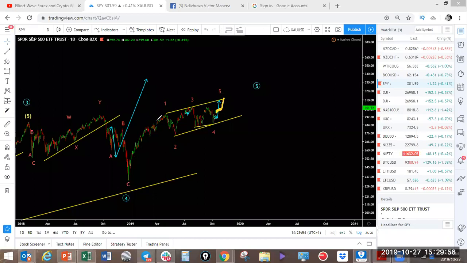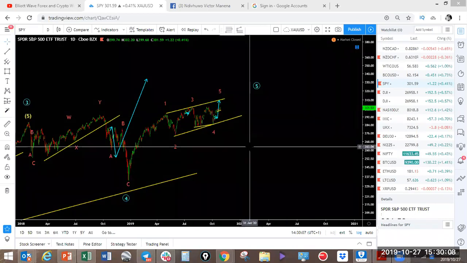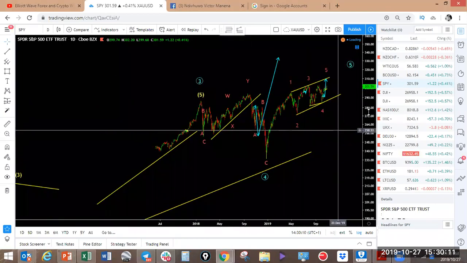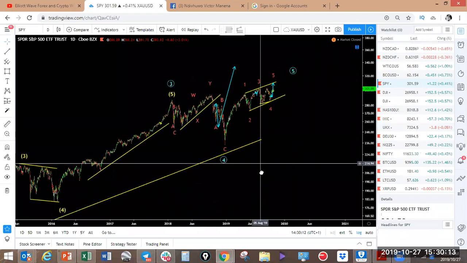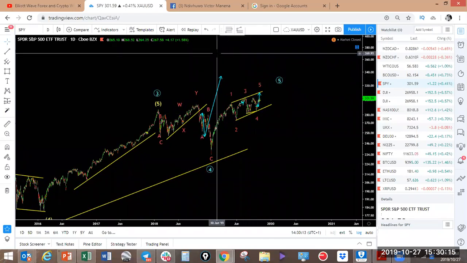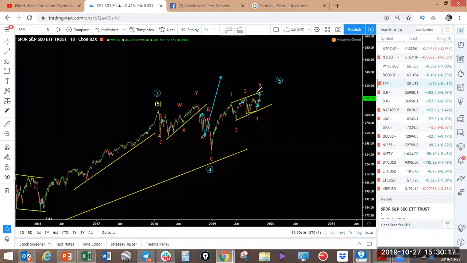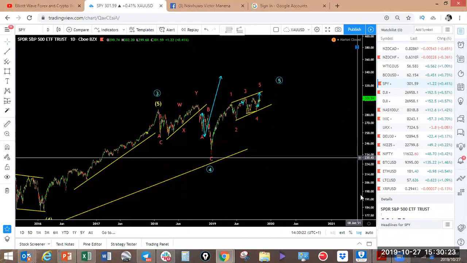We're still looking for this to make this 1, 2, 3, 4, and a 5. Now there's a bit of a trick here in terms of the degrees, because this can continue even longer than this. I've mentioned last week that as far as wave 5 of an impulse is concerned, the S&P 500 has already reached a point where we can label this as a wave 5. Now we're looking for this to push higher. Now this is the trick that I'm talking about here,